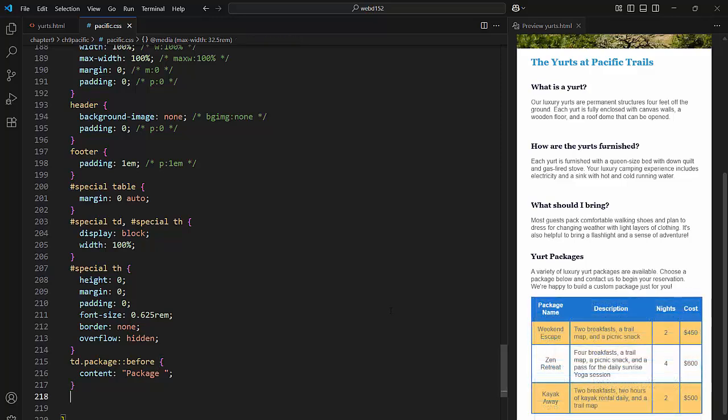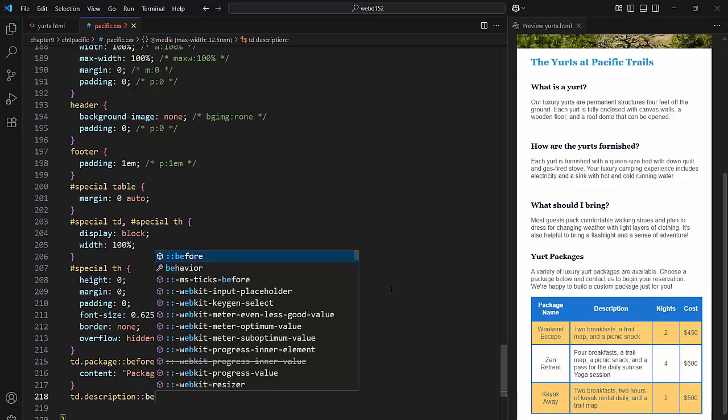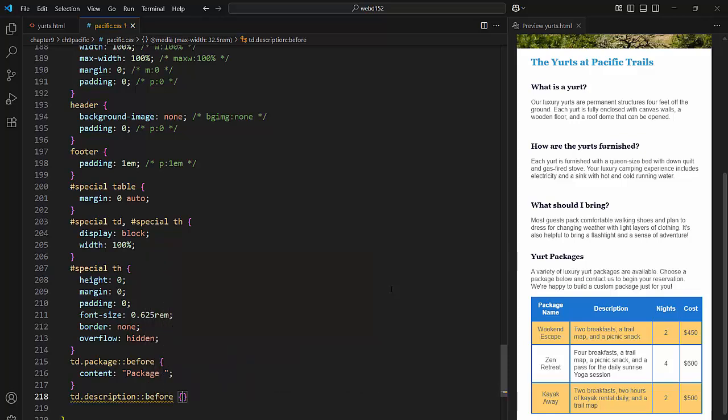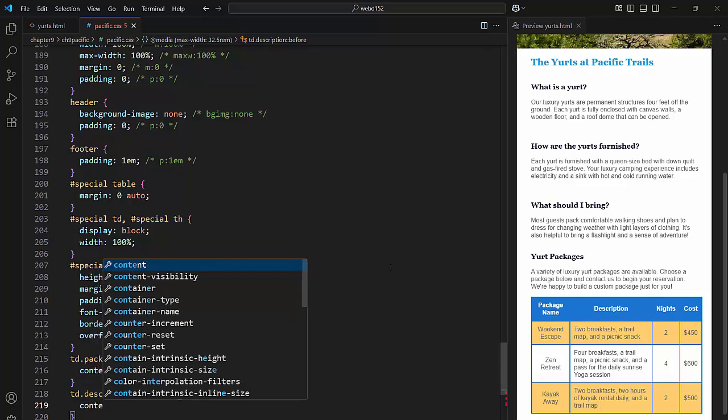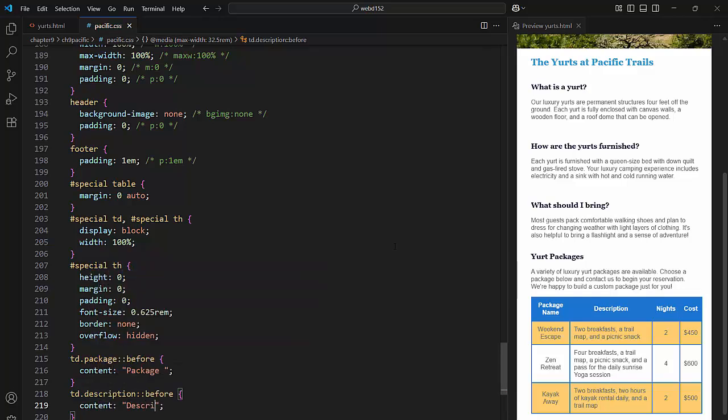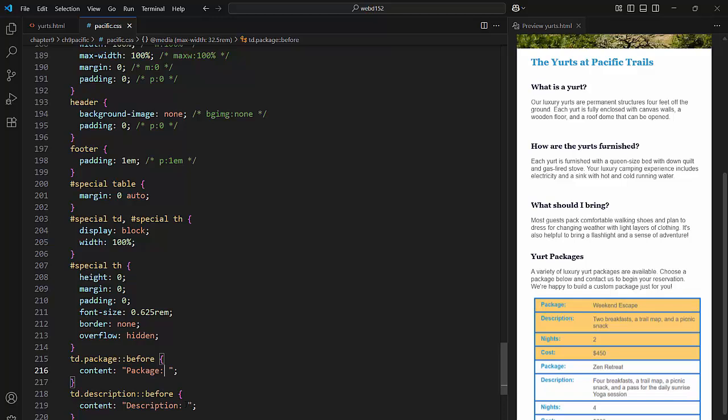I'm going to go after the closing curly brace. I'm going to add another label. That's going to be td description colon before, my curly brace. It's going to be content description. I'm going to go back up here and put a colon after that package. And make sure that you put a space. We're going to need that space. The space after package colon and description colon in the quotes ensures a gap between the label and the table